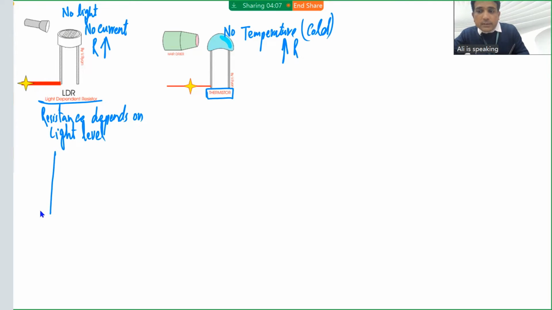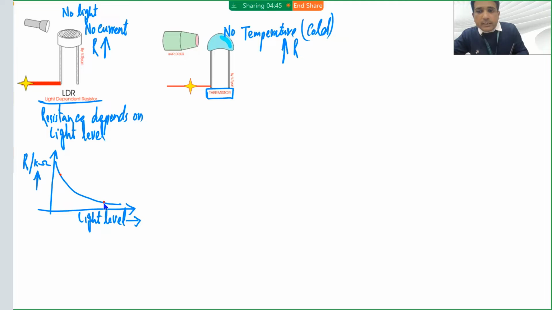So we can sketch a curve. We can sketch a graph between resistance and light level. So you can see resistance is on y-axis. This will be very high, so we will be using kilo ohms. And here we have light level. Light level is increasing this way and resistance is increasing up. If we sketch the graph between these two quantities, we will see the shape of the graph will be like this. And this shape is telling us if you take a point, let's say we take one point here